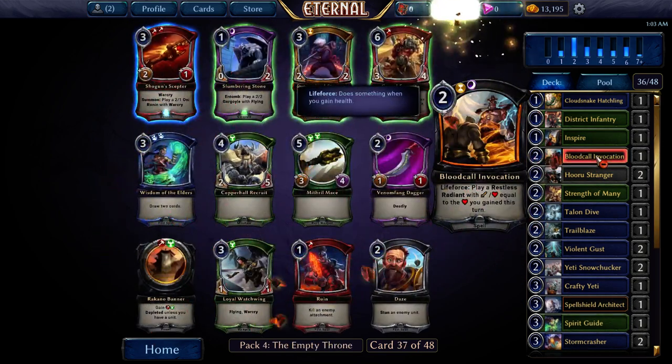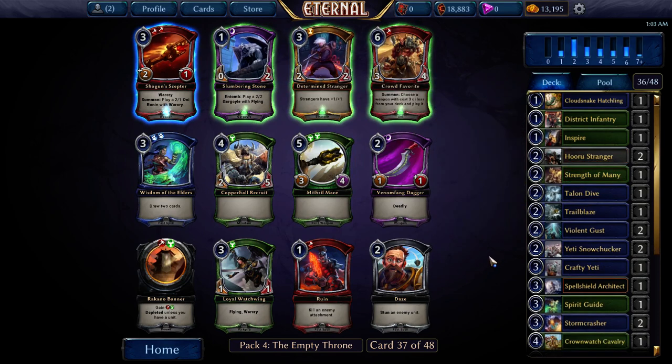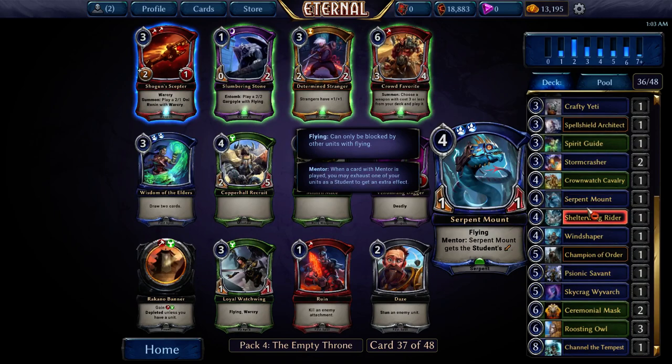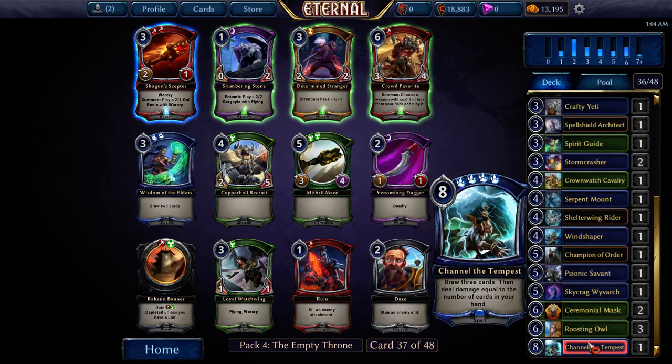Our final pack. A Shogun's Scepter we're not picking. Loyal Watchwing, Wisdom of the Elders. Loyal Watchwing's a little small for what it does. Wisdom of the Elders gives me a little bit more resilience in a late game, and that wouldn't be bad. We're also a pretty hefty, like...